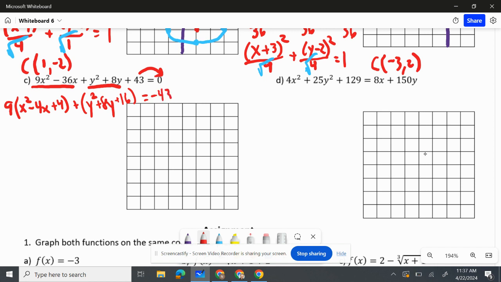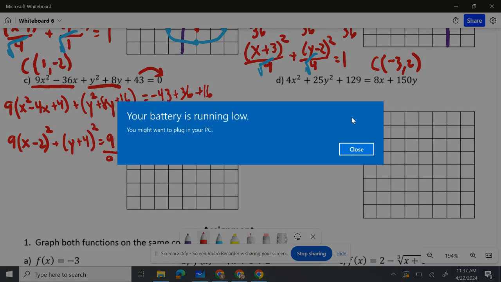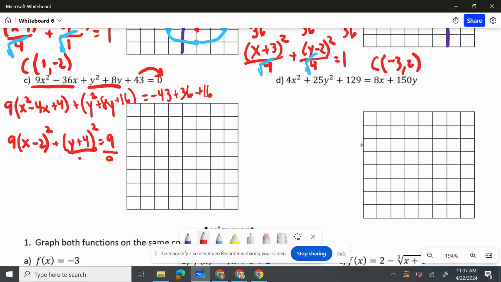Equals negative 43 plus 9 times 4, which is 36, plus 16. And that right there gives me 9. So I have 9 (x minus 2) squared when I factor it, plus (y plus 4) squared is equal to 9. I set it equal to 1 by dividing by 9. And then that right there